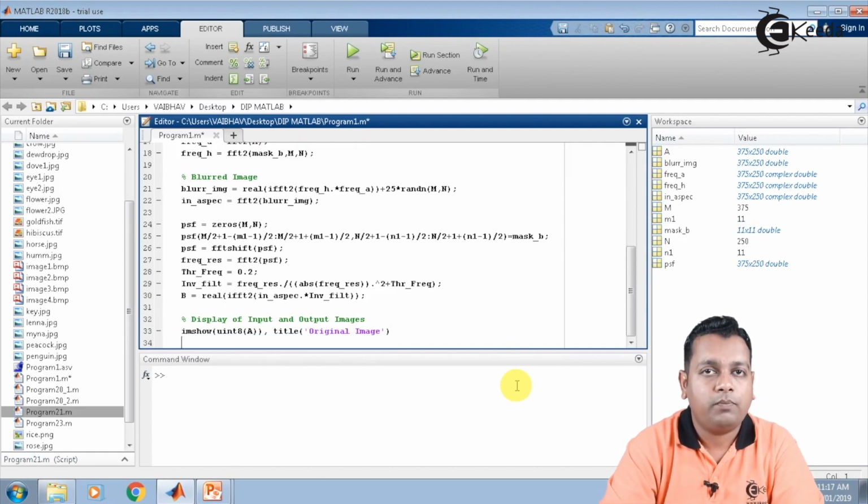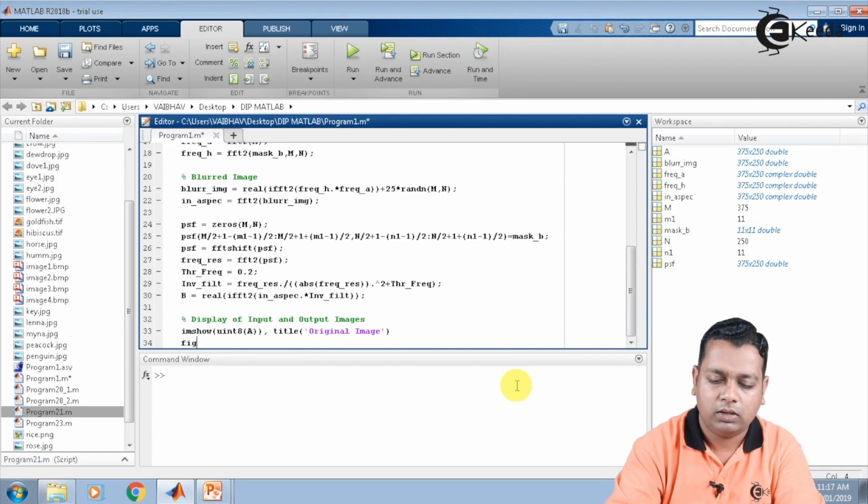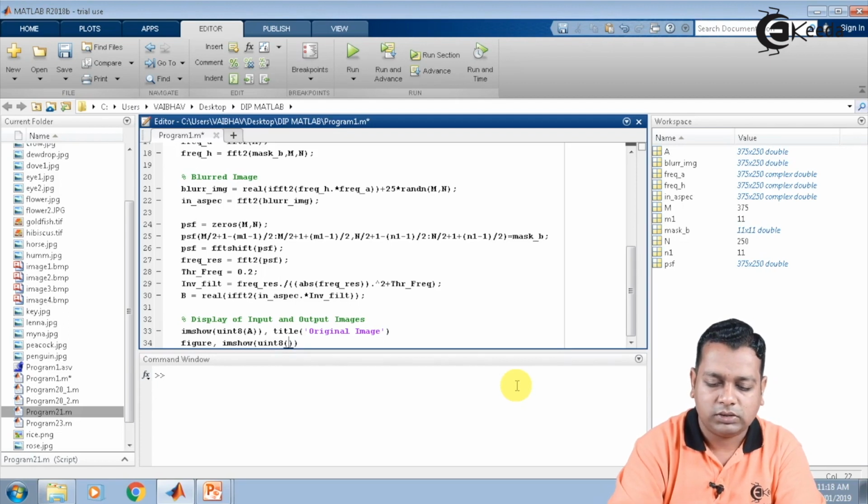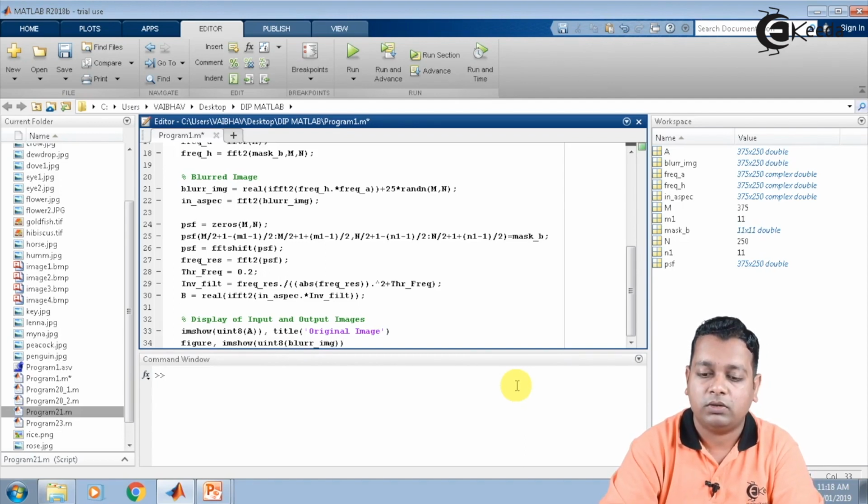Now we want a separate window to show you the degraded image. So we use the command figure, and again IMShow we shall use. This time again we want the conversion of the type to uint8, and this is for the blur image. This is the variable that has held this blurred image.